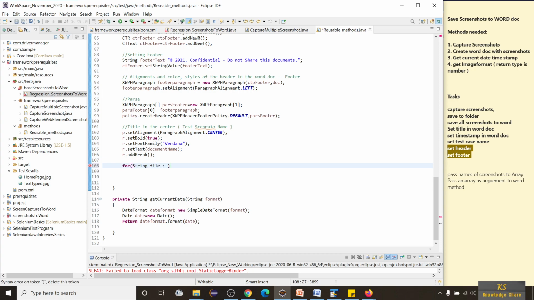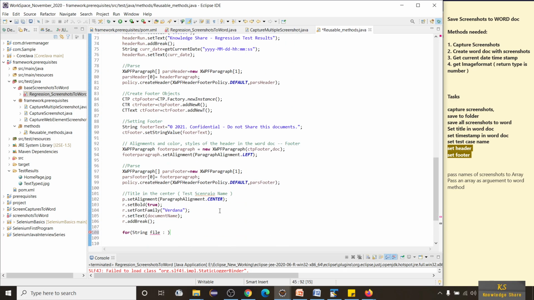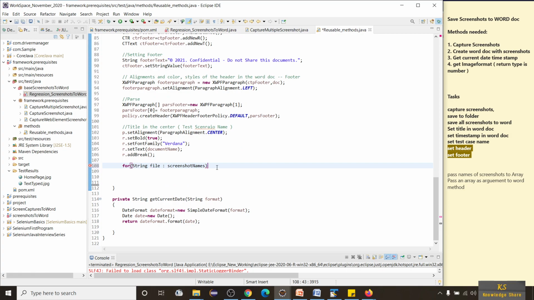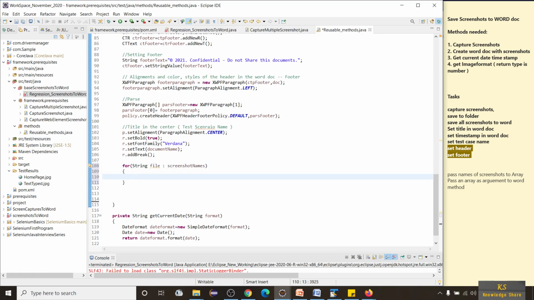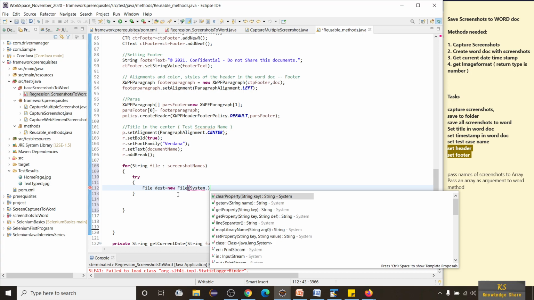String file. I'm going to take this name where all my screenshots are there, that means I'm going to get one by one. And in the try block, I am going to take file destination where I want to copy all these files. So new file of System dot, sorry, we are going to get all the file names present in the particular directory.